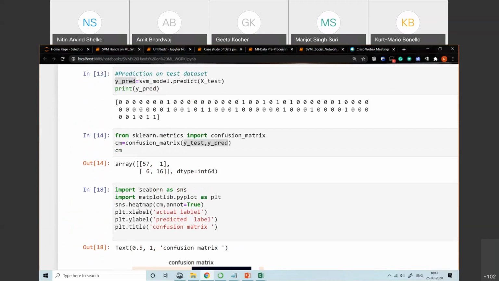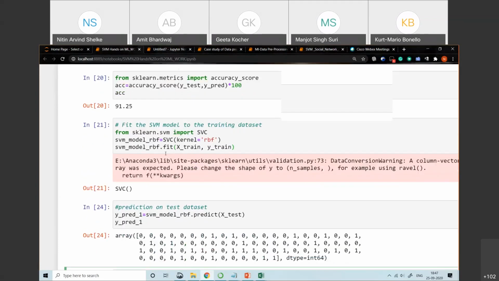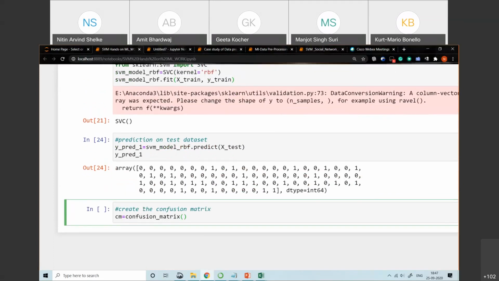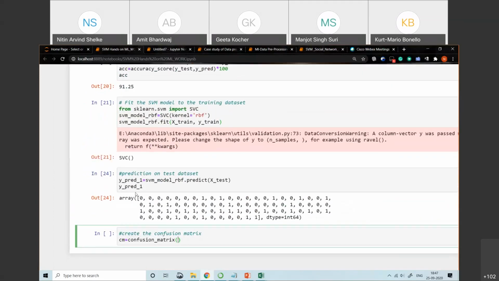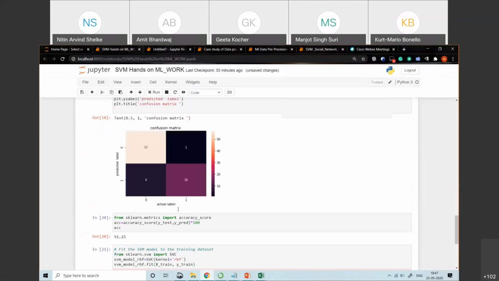We directly use cm is equal to confusion underscore matrix, in brackets your y predicted value and y test. It should be y underscore test.